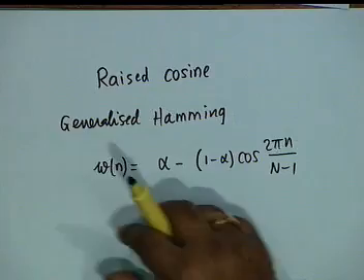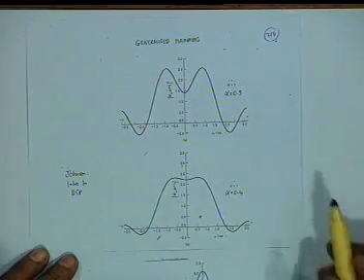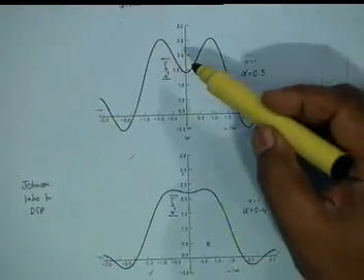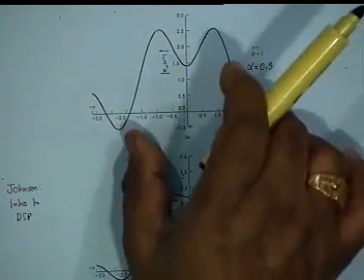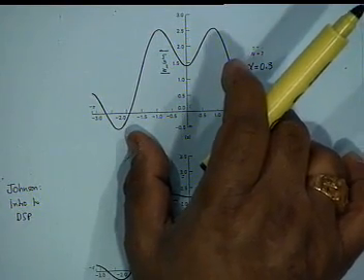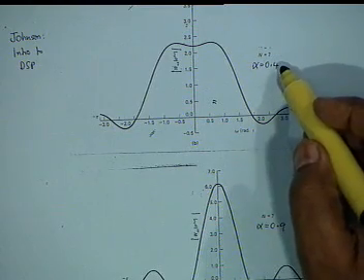What happens is, if we vary alpha, the window changes shape like this. I have shown here for alpha, all three that I will show have a length of 7. This is alpha equal to 0.3. You see the shape of the window, shape of the spectrum. It's not an approximation to an impulse. Our main aim, we should not forget, should be an approximation to an impulse. There is a dip here. The dip starts disappearing when alpha is increased.